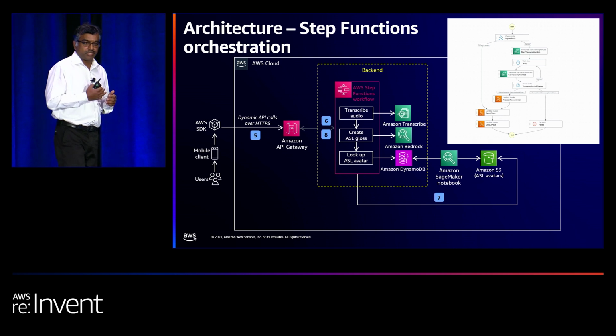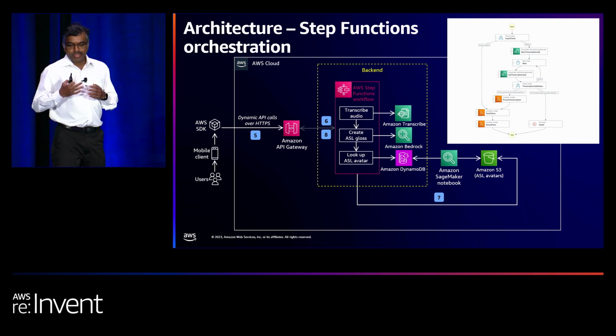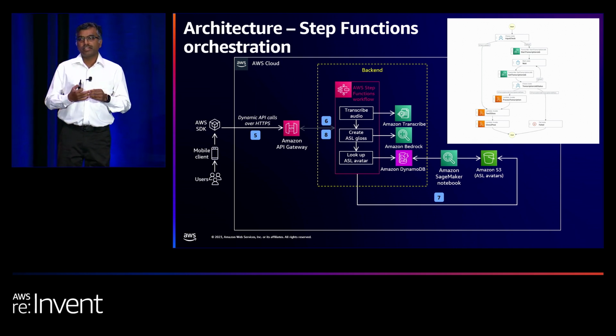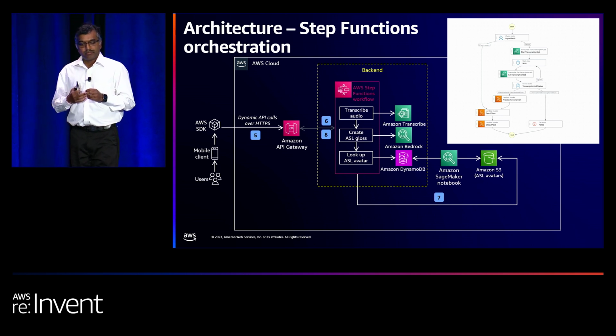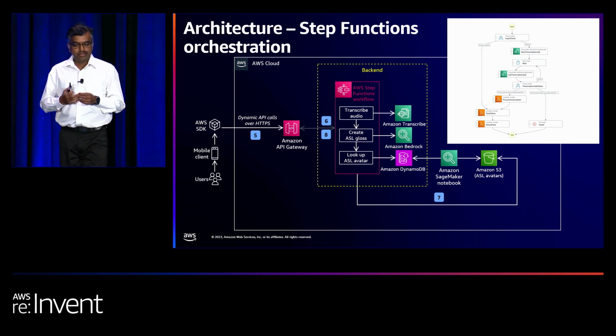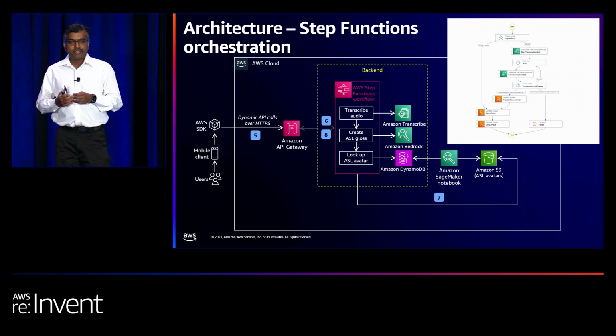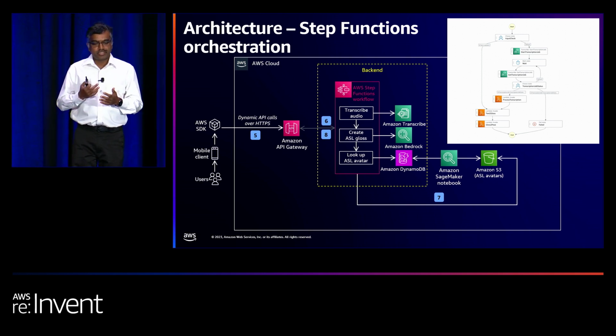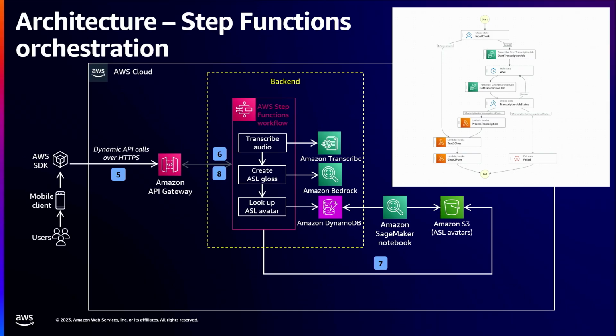And then the second step is converting the English text to the ASL gloss. Here we are using the Amazon Bedrock API to call Anthropic Claude V2, and we provide a prompt saying convert this English text to ASL gloss, and then give the input text message. Also, we provide some examples. So here we are using few-shot prompting to instruct Claude V2 to produce accurate glosses.